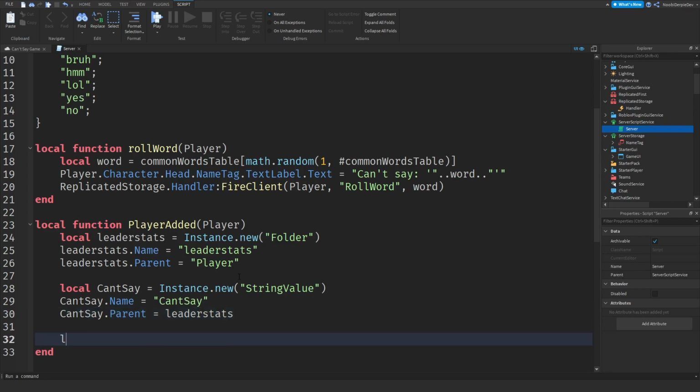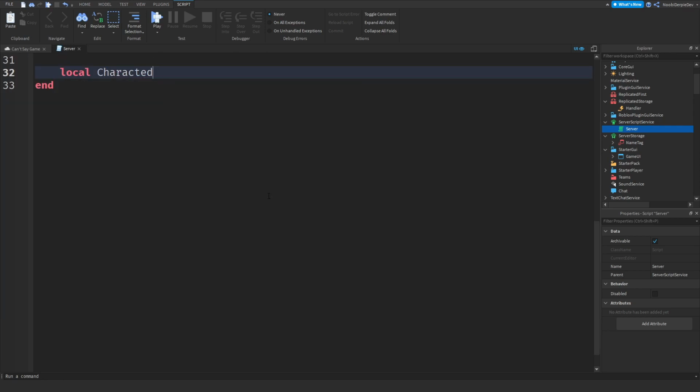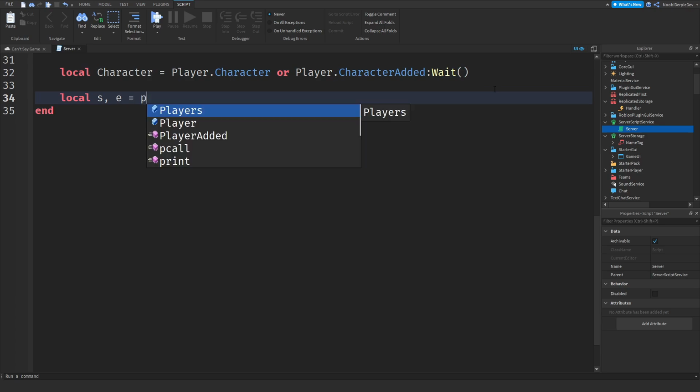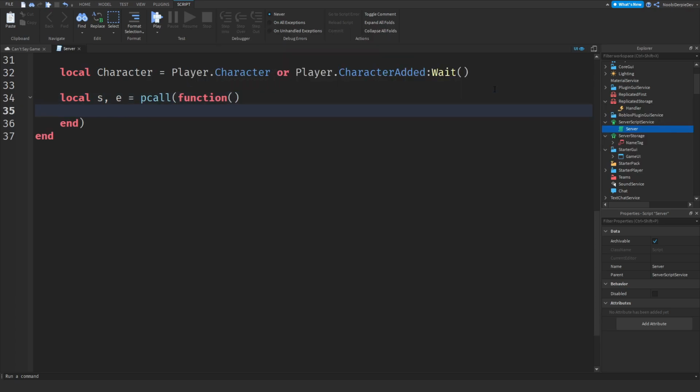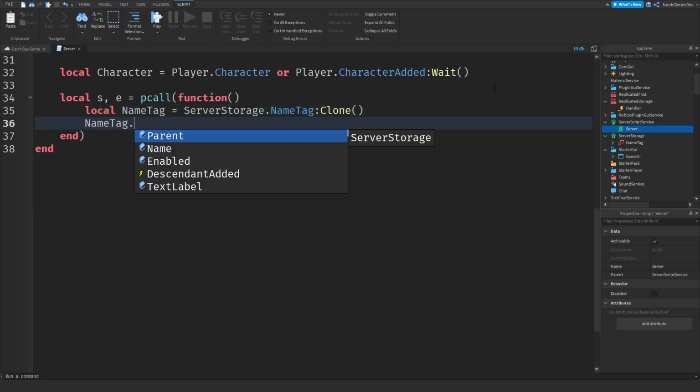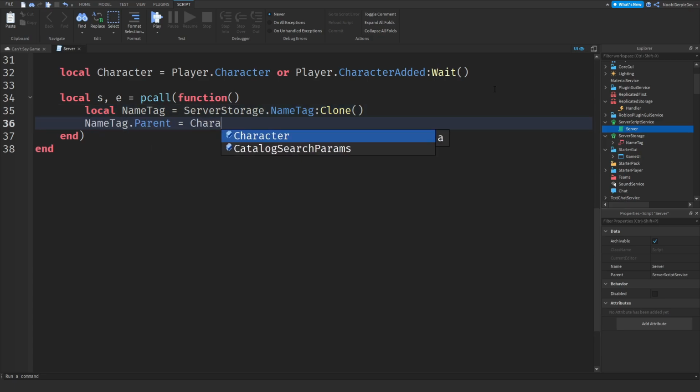So, local character is equal to player.Character or player.CharacterAdded:Wait. And why do we do CharacterAdded? Just in case it hasn't loaded, we're going to make sure it loads. Now, a little pcall, so local s, e is equal to pcall(function, just to prevent it from erroring. Local nameTag is equal to ServerStorage.NameTag:Clone(). nameTag.Parent is equal to character.Head,